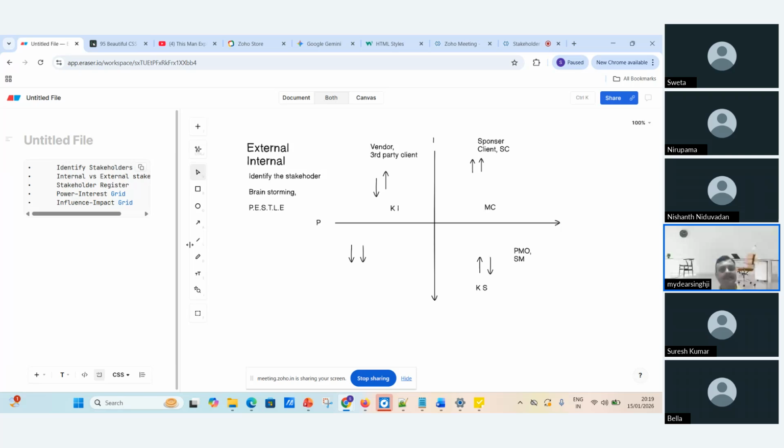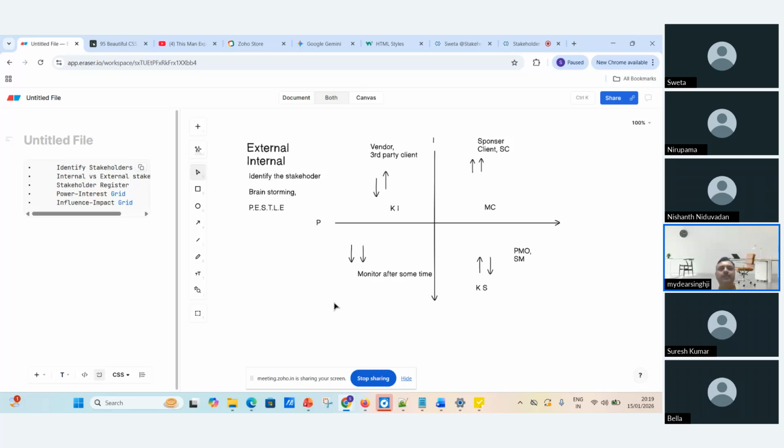Okay. Next is low power, low interest. What are we going to do for this kind of stakeholder? Just monitor. We monitor them after some time.